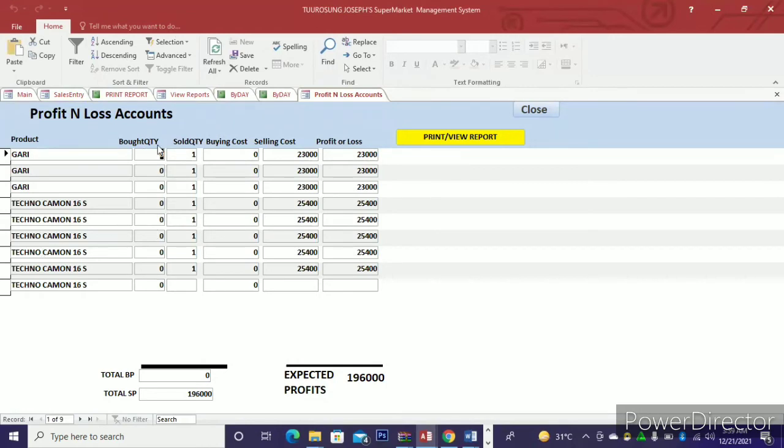So bought quantity was 000. I just put something there. Sold quantity was 1111. Then buying cost was also 000. I just decided to put those there. Then the selling cost is what is over here. Then profit or loss. Now, if I had kept the buying cost here, then after the selling cost is over here, what will happen is that the system is going to do some mathematics here